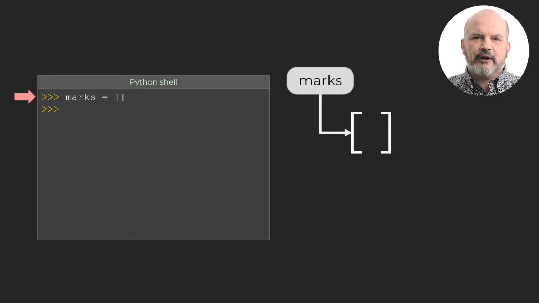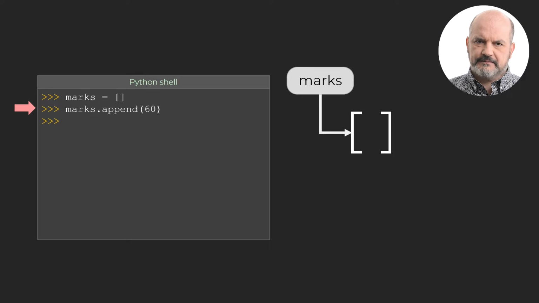To add an element at the end of a list, we use the method append and apply it to the object referenced by the variable marks. The syntax in Python is the name of the variable dot the name of the method, followed by round brackets. Within the round brackets, you may or may not have a series of values called arguments or parameters of the method. A common error is to forget to add the round brackets after the name of the method. This does not create a syntax error in Python. It means something entirely different to what you meant.